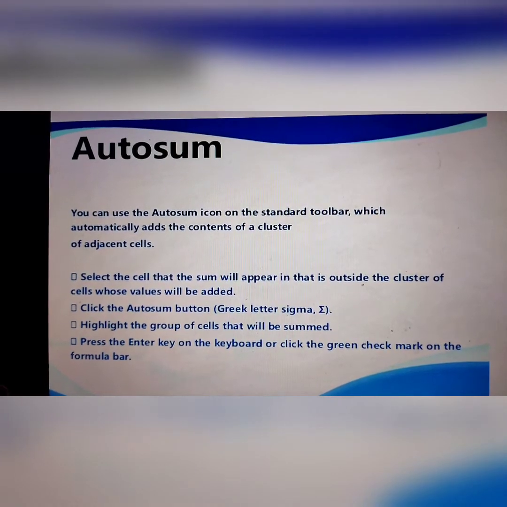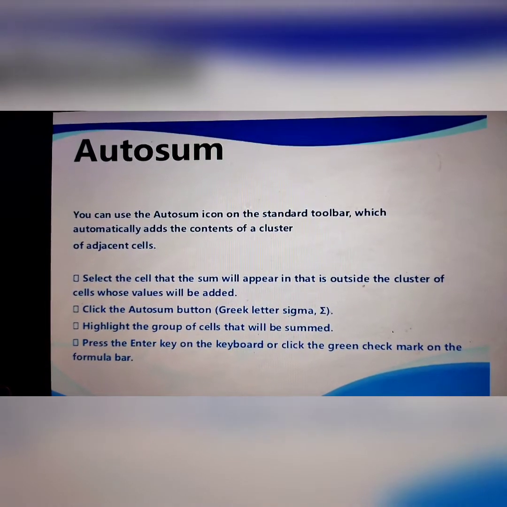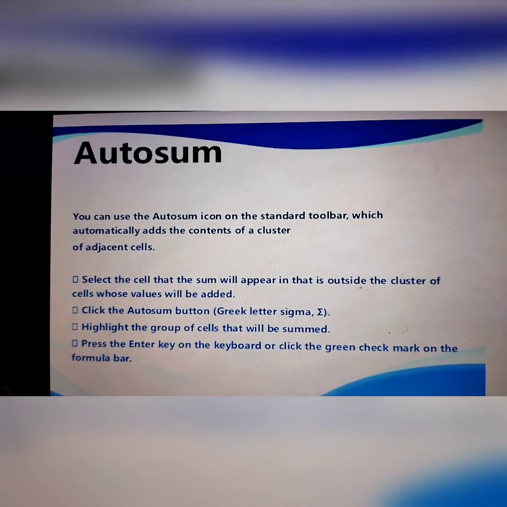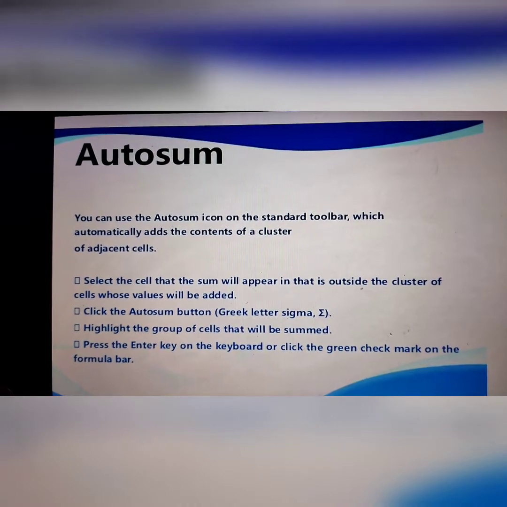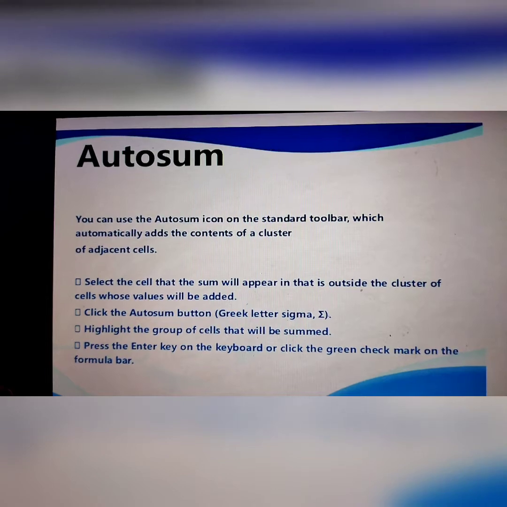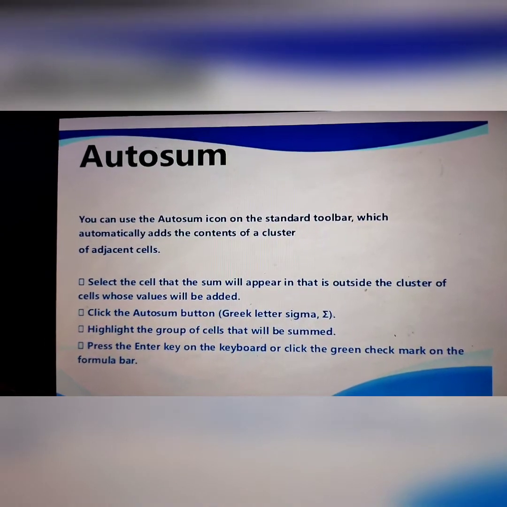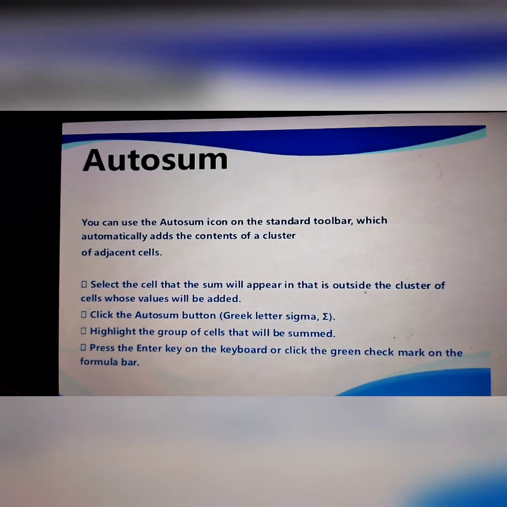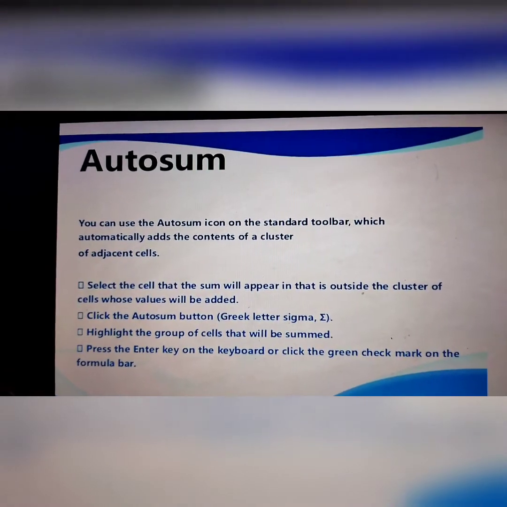Then the function will automatically appear in the selected cell. Press the F2 key to make the cursor appear in the cell if you want to change the argument given with the function. Change the argument as per your requirement. Finally, the sixth step: press the Enter key or click on the Enter button, and the final result will be displayed in the cell containing the formula.